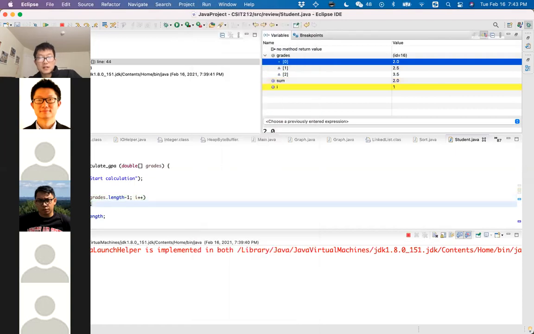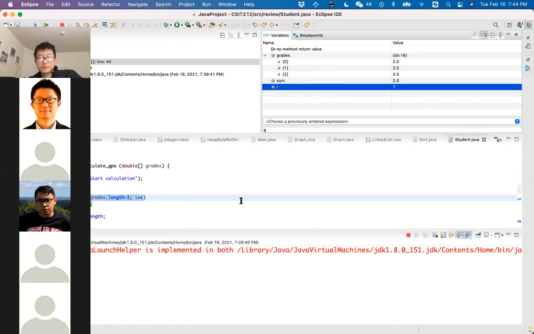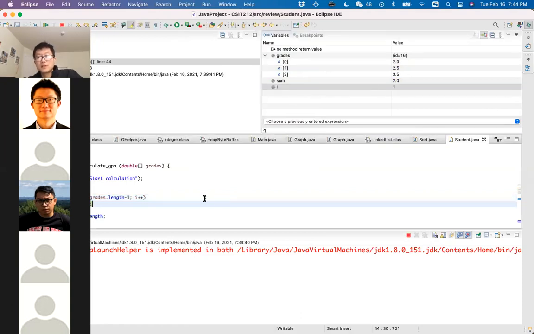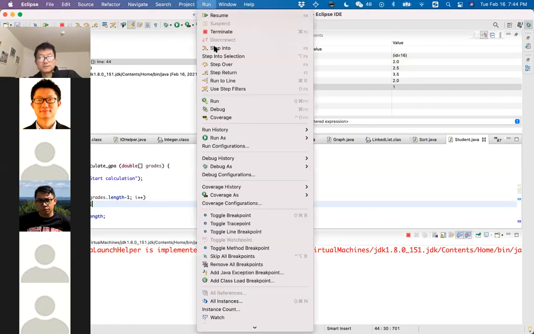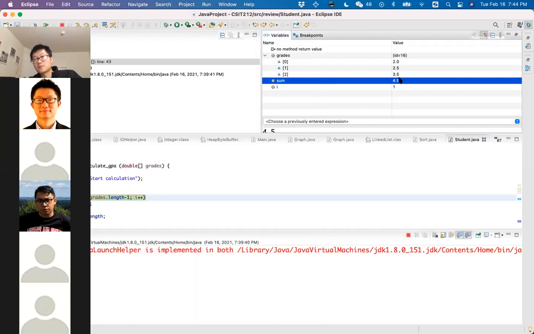It goes back to start another iteration and increases i to 1. Originally it was 0. Then we execute step over again. Now sum has a new value. Sum becomes 4.5 because we just added up the second grade.